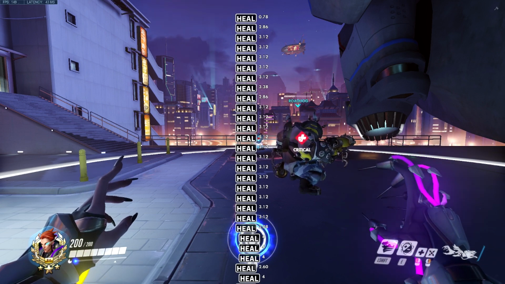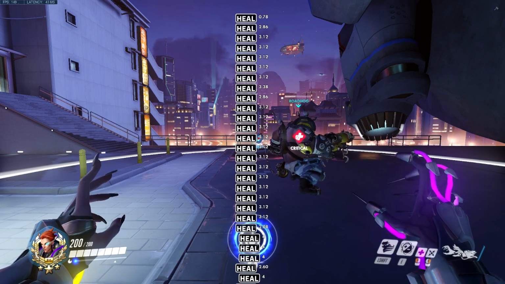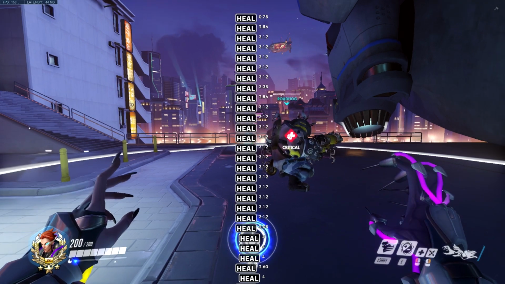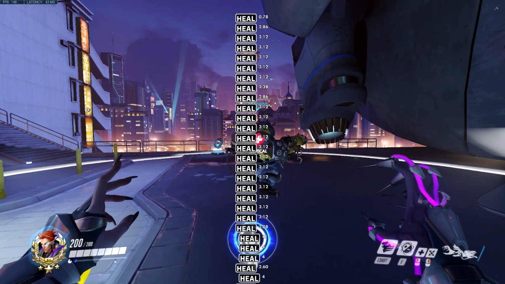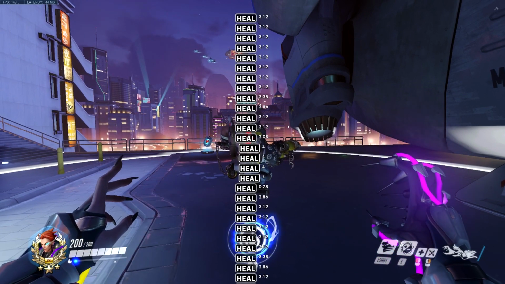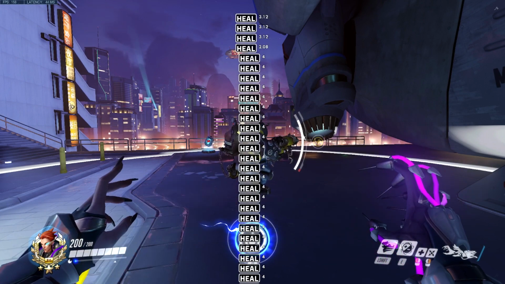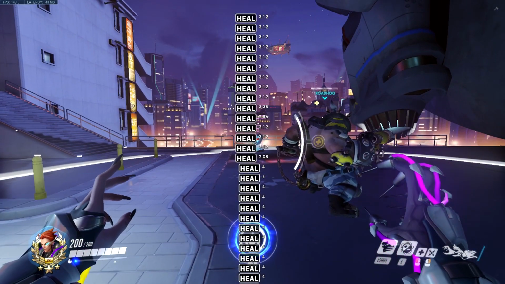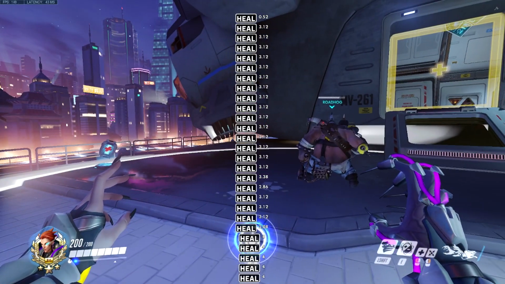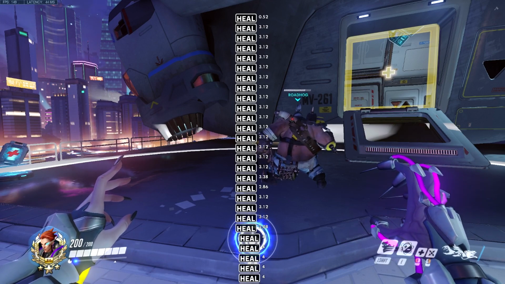So the heal over time is only applied when you release the primary fire, and it ends either at the end of the 4 seconds or when you press primary fire again. If I start the heal over time here, it keeps going until 4 seconds completes or until I start spraying again, in which case it resets itself, kind of like Brigitte's Inspire, where it always refreshes if you stop spraying and start spraying again. So there's no way to get more than 80